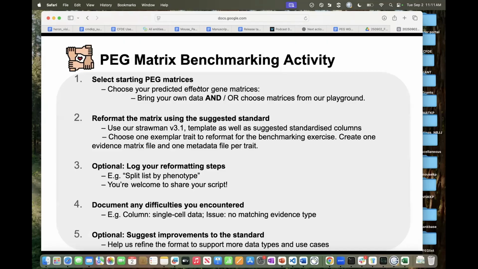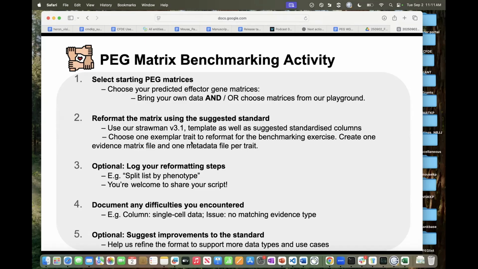For this activity, we asked that a group of volunteer benchmarkers start by selecting a starting PEG matrix or matrices if they chose to do more than one. They could either bring their own or choose some that we had previously defined. We then asked that each volunteer reformat the matrix using a suggested standard. This is, again, the version 3.1 standard, which included a template and some standardized columns.